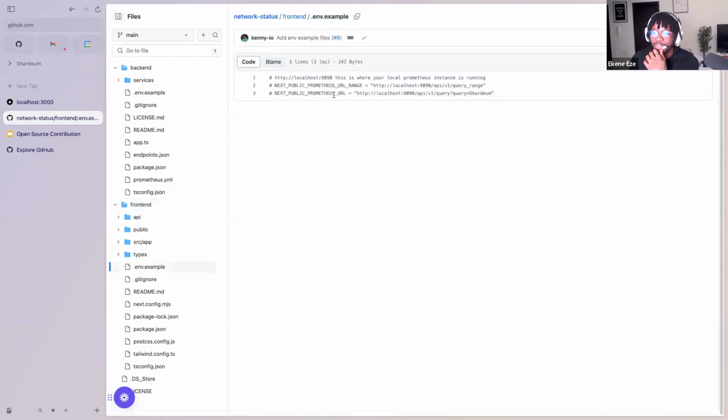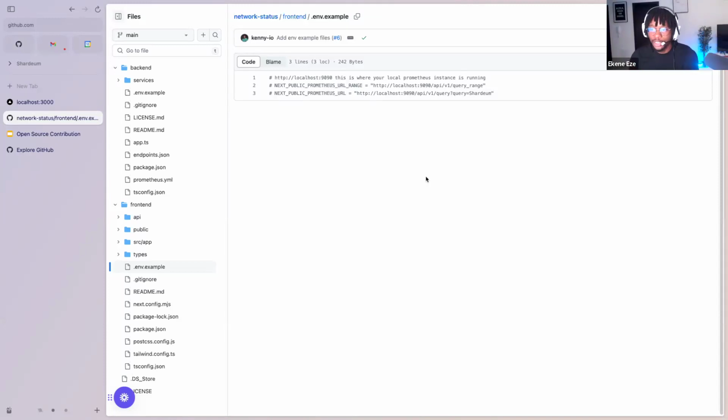Okay, so if you look at the repository itself, you see that there's an env example file, which would give you the kind of configuration you need to put inside of your .env file. So this exists, but it was not documented. It's not part of the documentation. So if I was trying to contribute to this project, this is my first clue. This is my first thing to contribute.